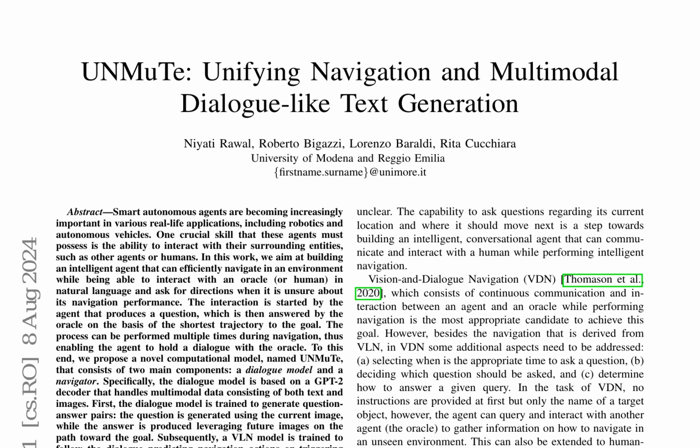while the navigator is a modified version of Duet, a VLN model that has been adapted to receive dialogue as input and has been equipped with a policy to decide when to generate dialogues. The proposed model aims to address the limitations of traditional vision and language navigation (VLN) tasks, which require an agent to interpret human instructions given at the beginning of each episode and navigate accordingly.